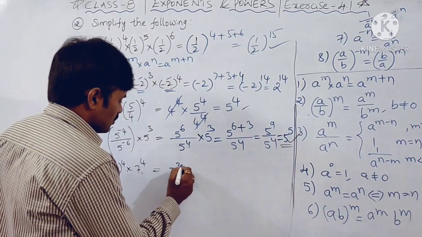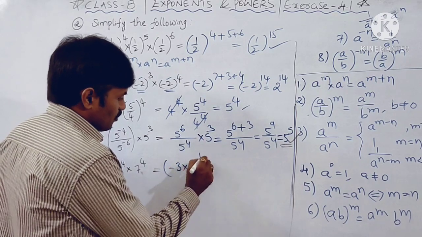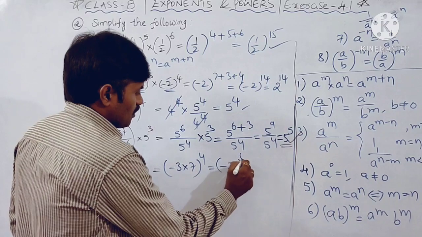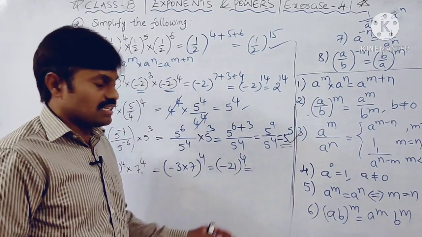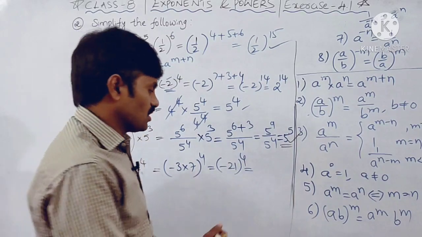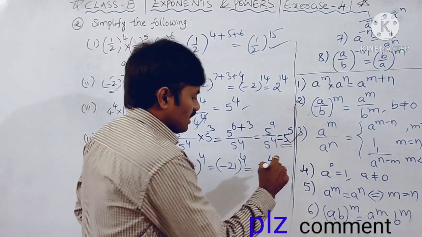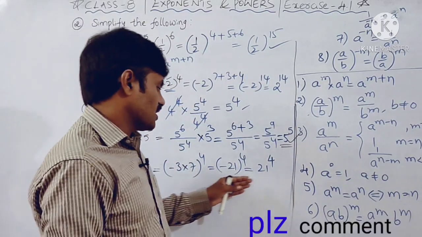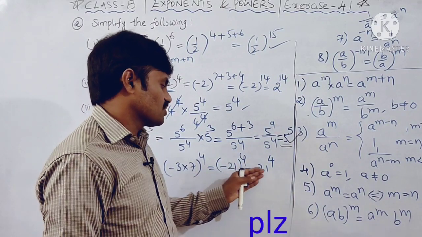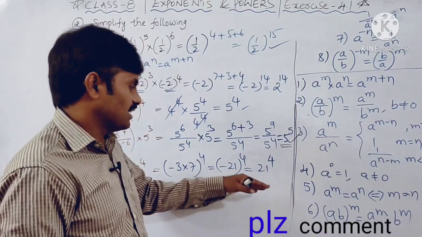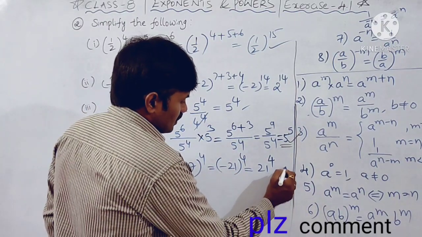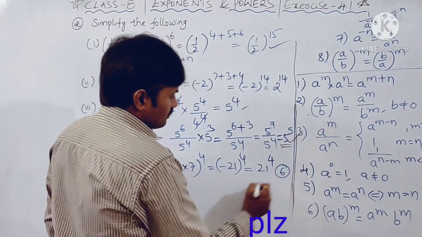So minus 3 into 7 whole to the power of 4. Okay. So minus 3 into 7, minus 21, whole to the power of 4. Of course, it is an even integer. We are going to multiply itself an even number of times, so that we will get a positive number. We will get a positive exponent. So minus 21 whole to the power of 4 can be written as 21 whole to the power of 4. Is it clear? So which formula have we applied here? Yeah, that is the sixth one. Here is formula number 6.